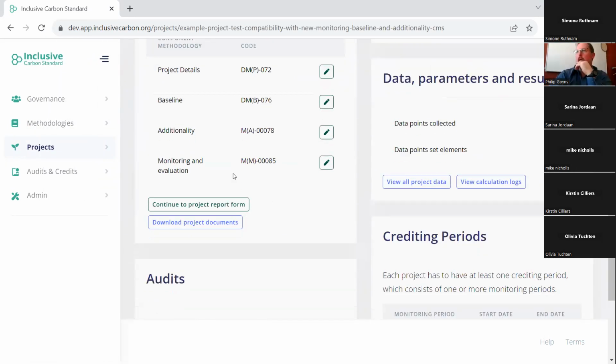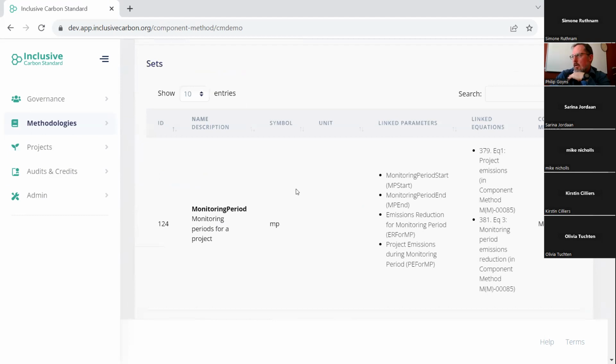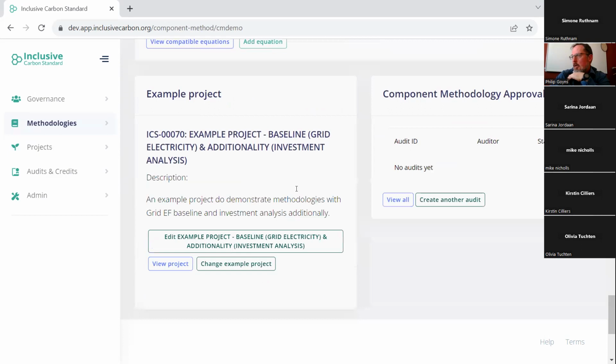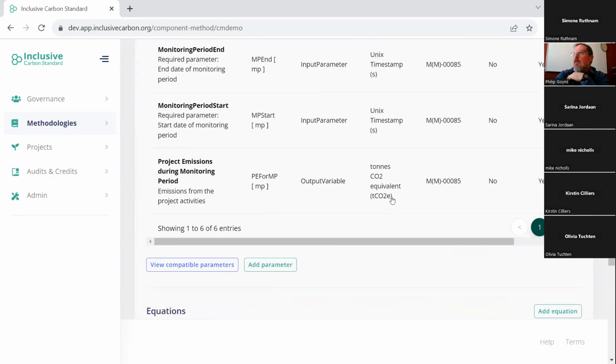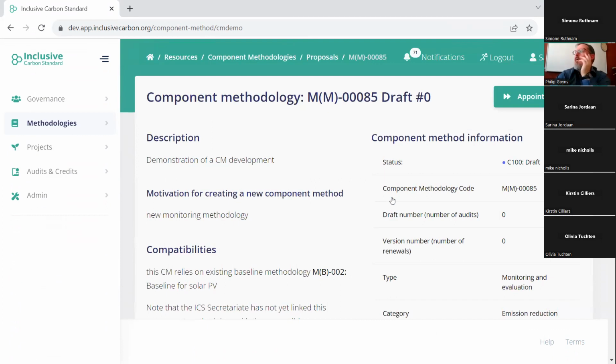Okay, and let's say we go to our monitoring and evaluation component methodology. We can then... sorry, Serena, I've drawn a blank. I want to see the report that summarizes the... So normally I will go to, are you in the, if you go onto the project itself,